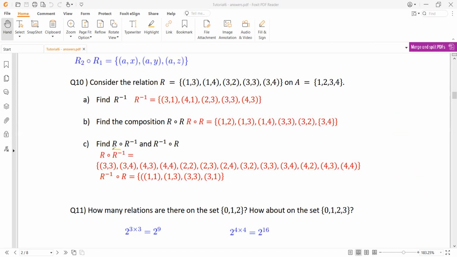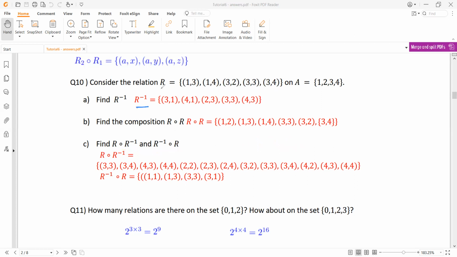So, can you do a composition between R and R inverse? Yes. And a composition between R inverse and R. Be careful guys, because R1 composite R2 is not equal to R2 composite R1. Okay? Be careful. We will see which one we start with first. Given now